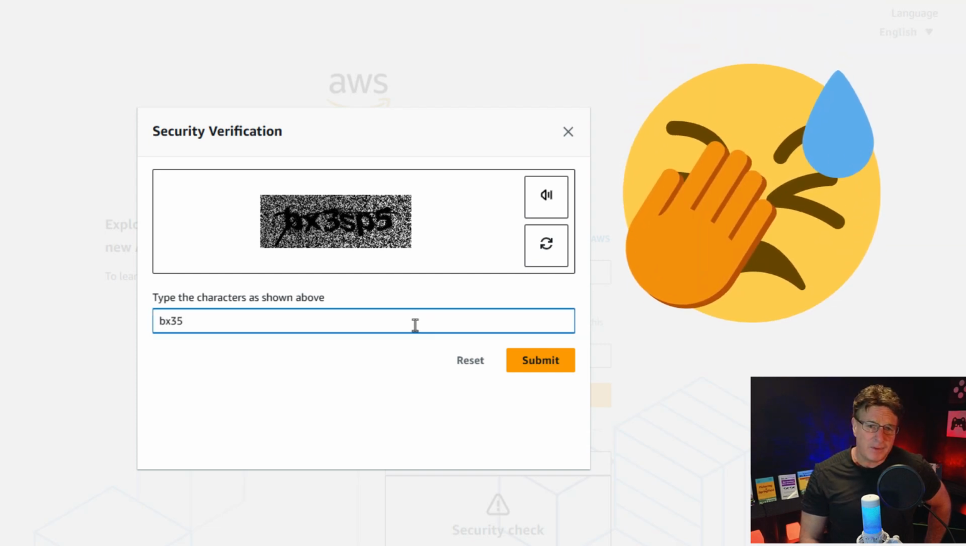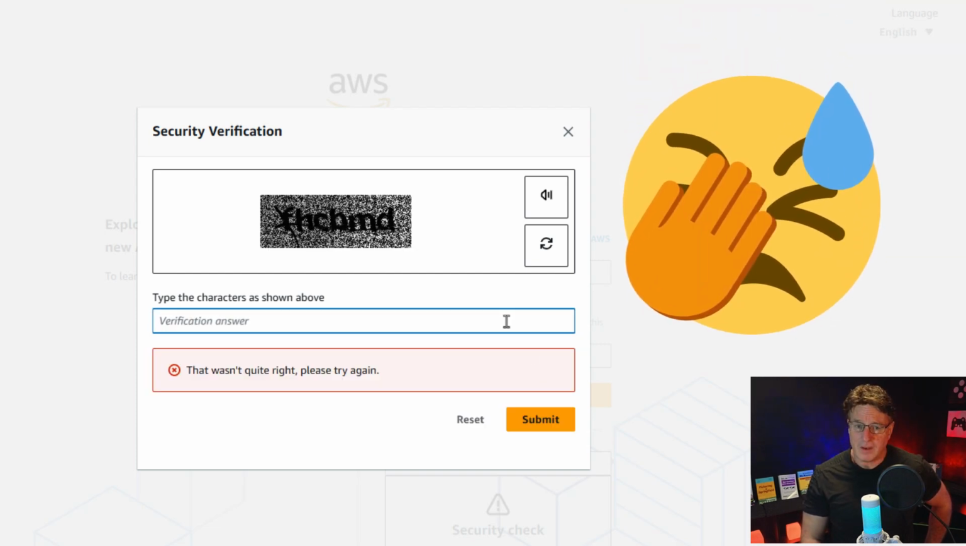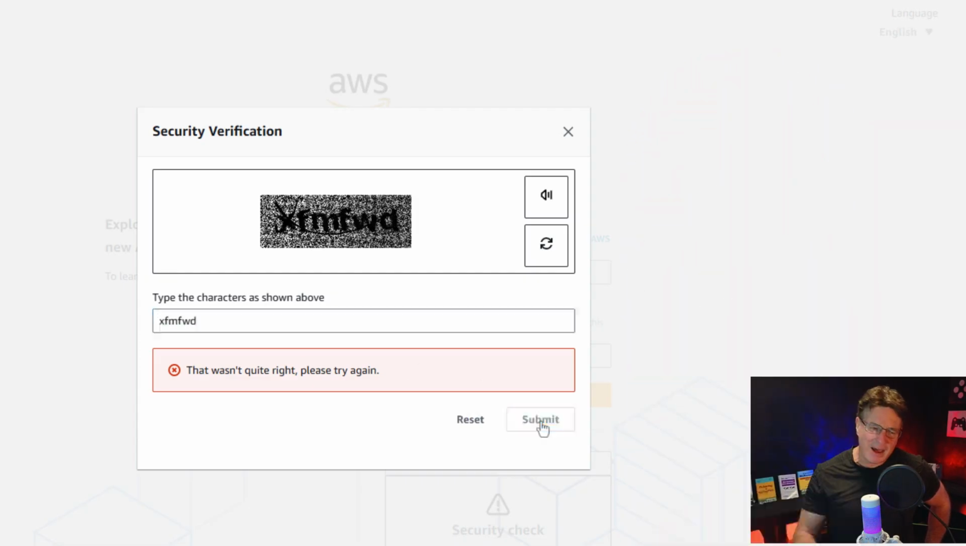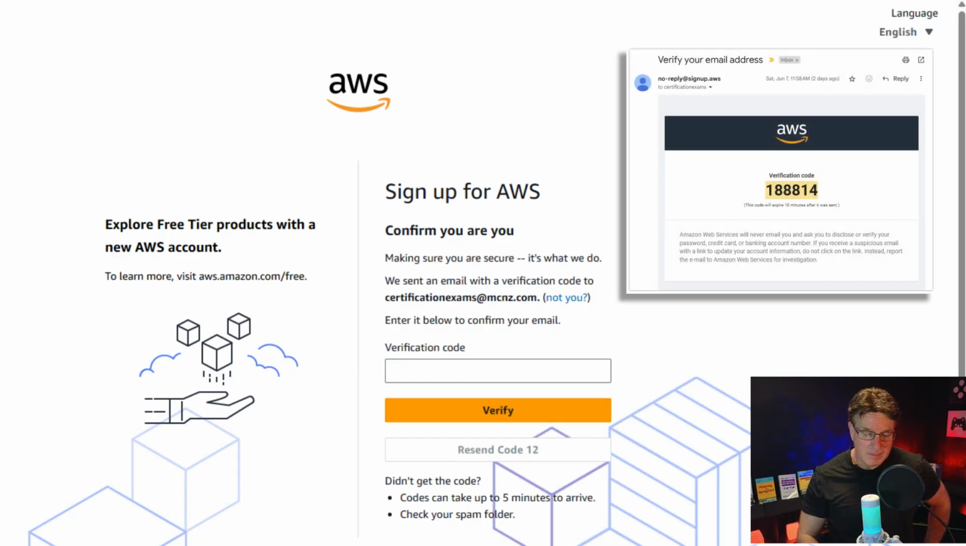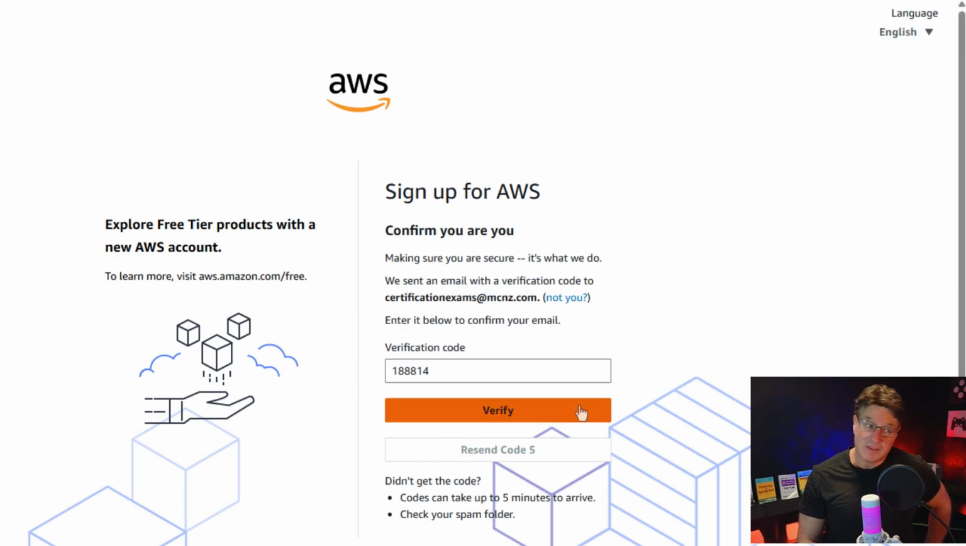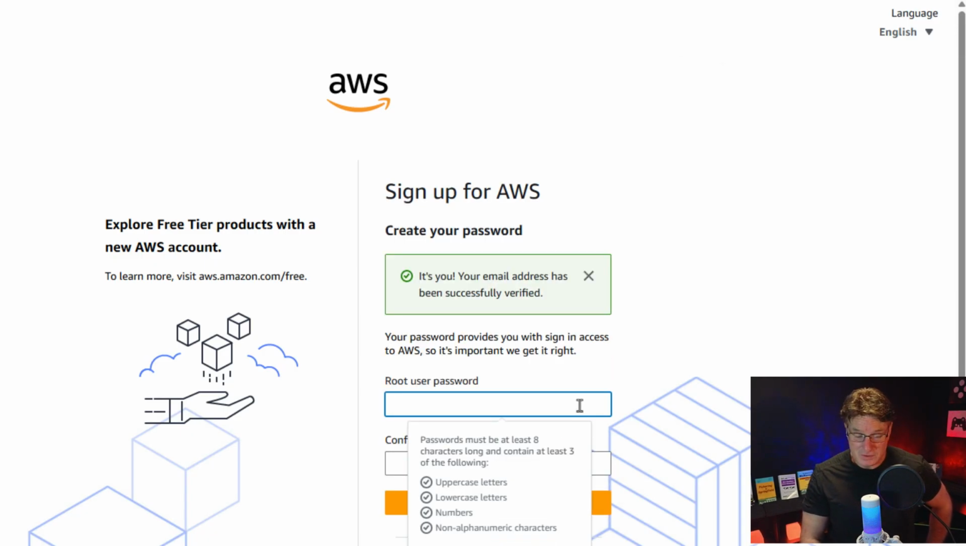So a couple of security verifications will come along, and I'll mess up the first, and I'll mess up the second, and I'll mess up the third, and I'll get the fourth one right, I think. And now it's going to want you to check your email because they've sent you a little email with a verification code. So type that in. We're going to have to do a verification again in a moment with your phone, so be ready. But type in that magic code and click verify, and now it's going to ask you for a root user